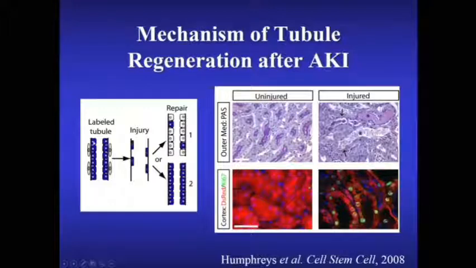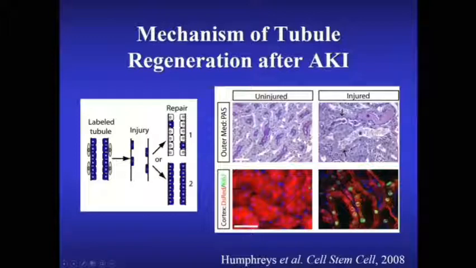they took mice and they labeled the tubules. They show it in blue here, but it's actually red in the study. Then they injured these mice by clamping off the renal arteries to create acute tubular necrosis, and looked later to determine what the repair mechanism looked like. If there were cells coming from the outside, they would not have been labeled in red. Only the tubules at the beginning got labeled in red. So a cell from the outside, if it repaired, would be interspersed with the resident red cells, as opposed to model number 2, if there are progenitor cells in the kidney,